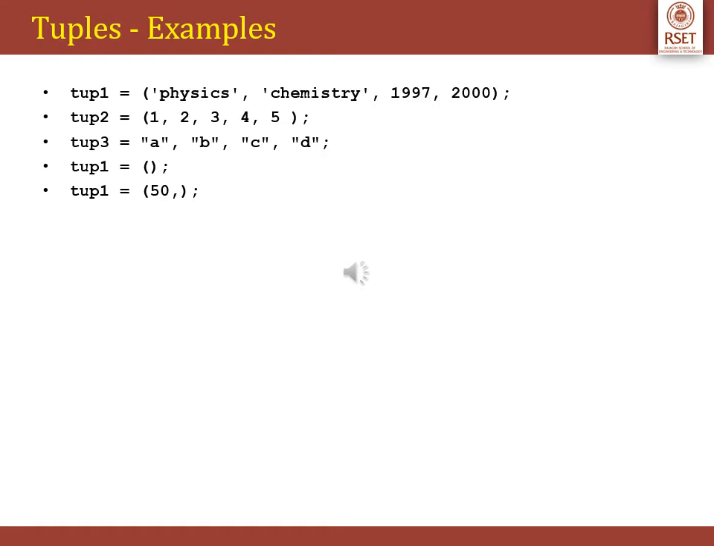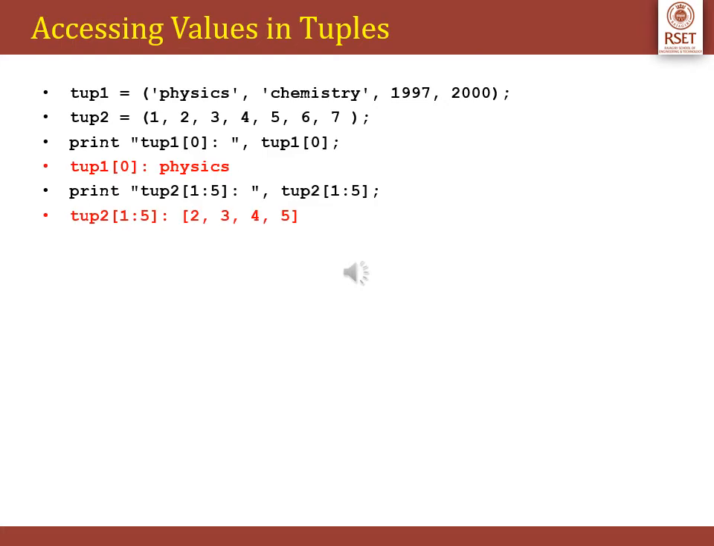In the absence of a comma, remember Python treats the element as an ordinary data type. How do we access values in a tuple? Like all other sequences which we have seen, indices in the tuple also start at 0. We can perform different operations like slicing and concatenation on a tuple. To access values in a tuple, the slice operation is used along with the index or indices to obtain the value stored